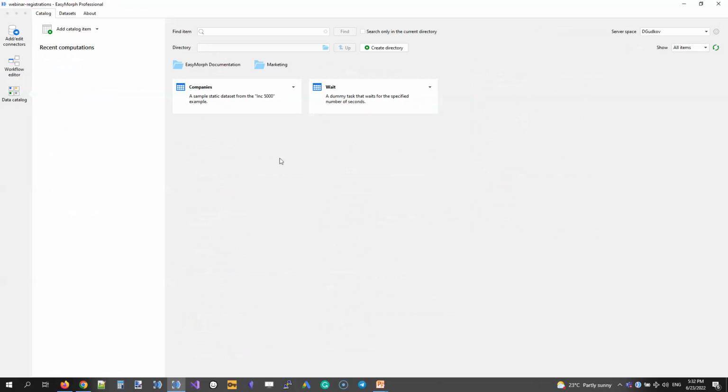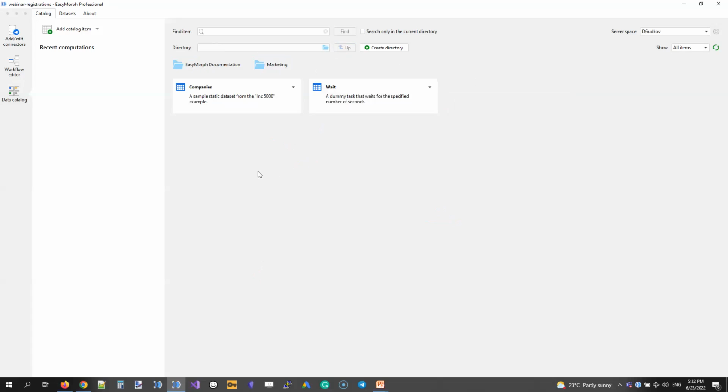What you can see here are directories that look like folders, and catalog items. So these are catalog items. Directories are very much like folders. If you go to one directory, you can find more items in that directory and the subdirectory, just empty. So directories are very much like folders, although they're virtual. They are not real folders.